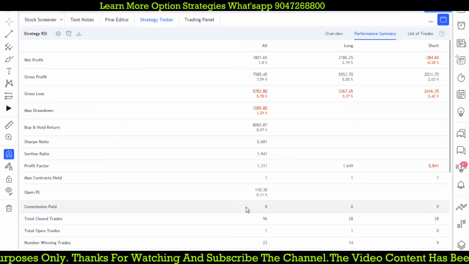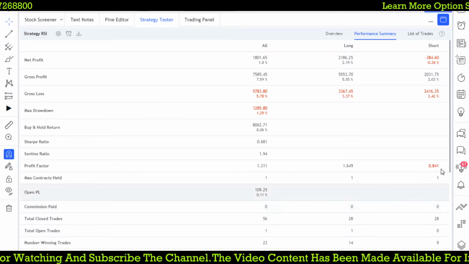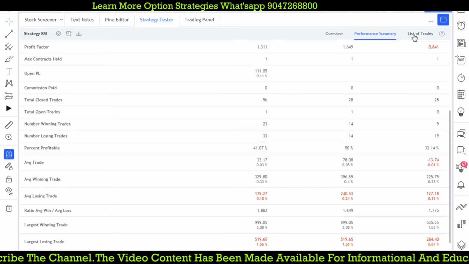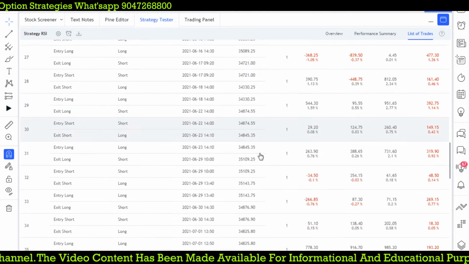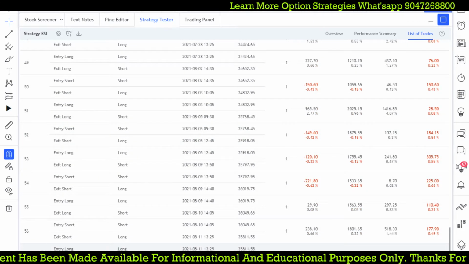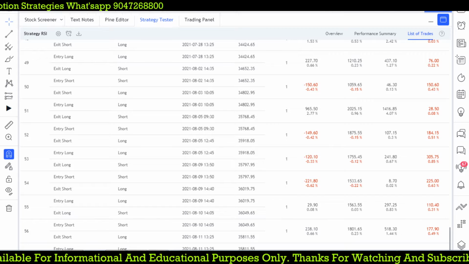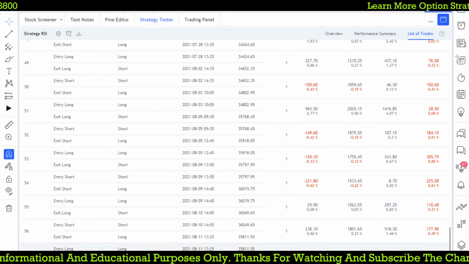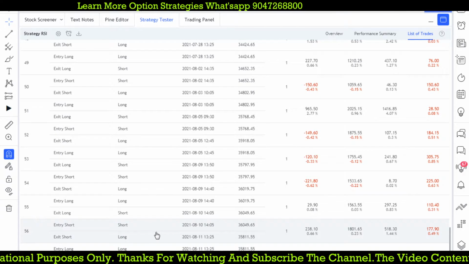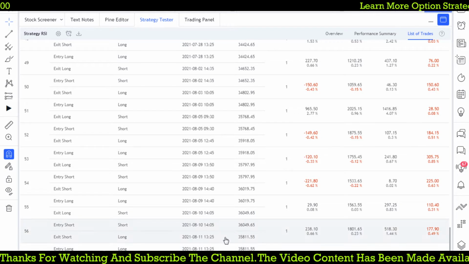So you can easily find the strategy and apply it in TradingView and backtest it. How many days is it listed for? We saw the number of trades is around 56. You can see the list of trades here. Each and every trade is mentioned here, and the final trade was a long entry at 35,811.55. It is still running, and we have around 200 points in profit from our entry point. Previously we got a sell signal around 36,049 and we reversed the trade at 35,800.